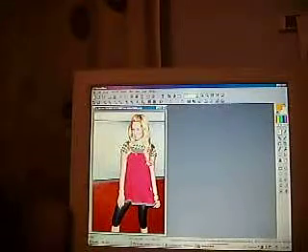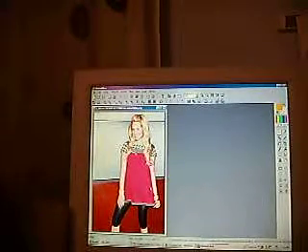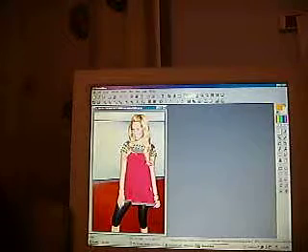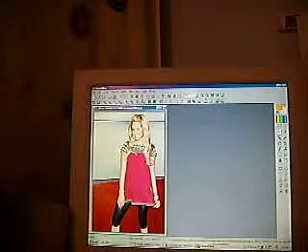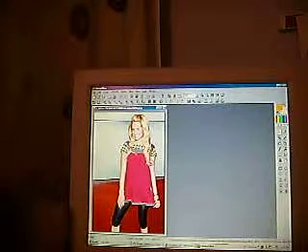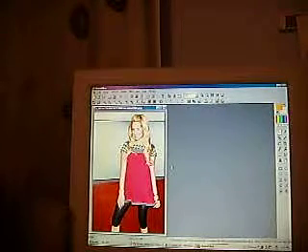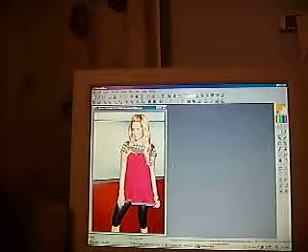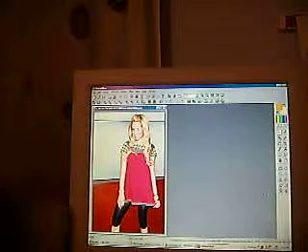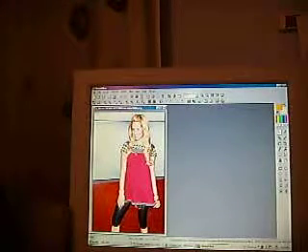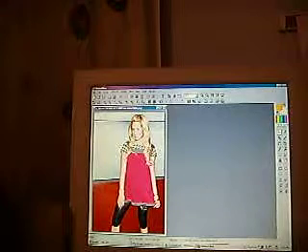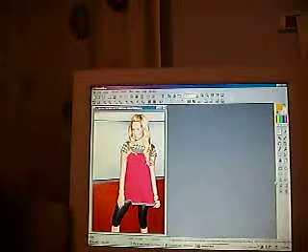Hey guys, I'm going to show you a few techniques of how to colorize on Photofiltre. So what you're going to do, get out a picture. It doesn't matter if it's been edited or not. So what you first want to do is, say you want a part of her. You don't like the color of her dress. So what you're going to do is you're going to go over to